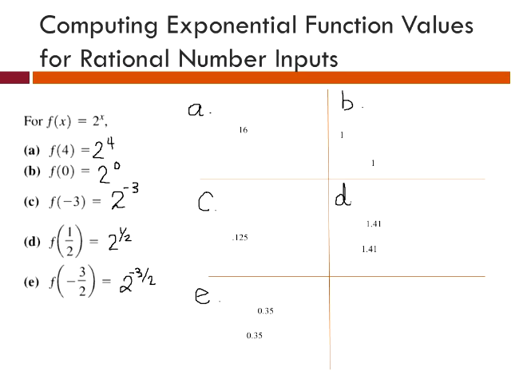Ooh, nice job. All right, so you probably used your calculator for D and E, and that's okay. I do want to talk about algebraically how that plays out a little bit, just so we have a quick review of those fractional exponents. So 2 to the 4th is 16, 2 to the 0 is 1, anything to the 0 power is 1, by the way. We have that rule. 2 to the -3rd, that's the same thing as saying 1 over 2 to the 3rd power. So that's the same thing as 1 over 8. 1 over 8 as a decimal is your 0.125.